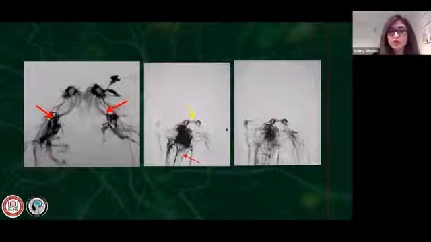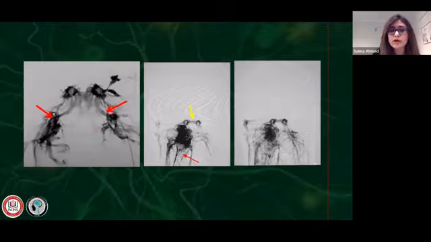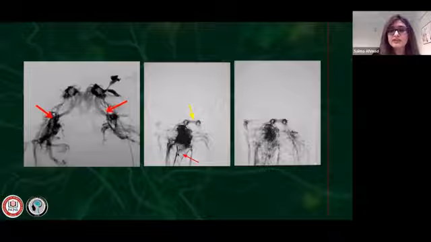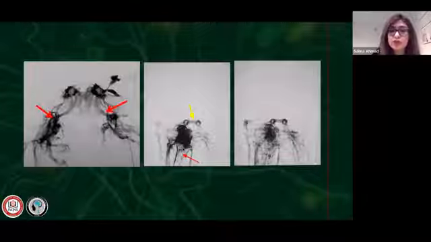This one is from my own case. This was a paraganglioma, which was sent to me by one of the neurosurgeons for embolization. But this is not an inferior petrosal sinus injection. This is the carotid angiogram, and you can see that the paraganglioma has exclusive supply from the ascending pharyngeal artery. So it is getting supply both from the neuromeningeal trunk and from the pharyngeal trunk,